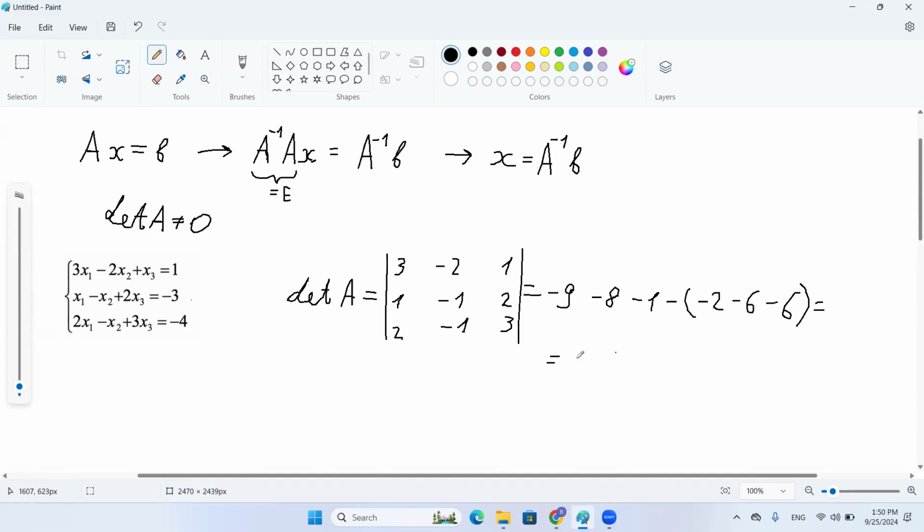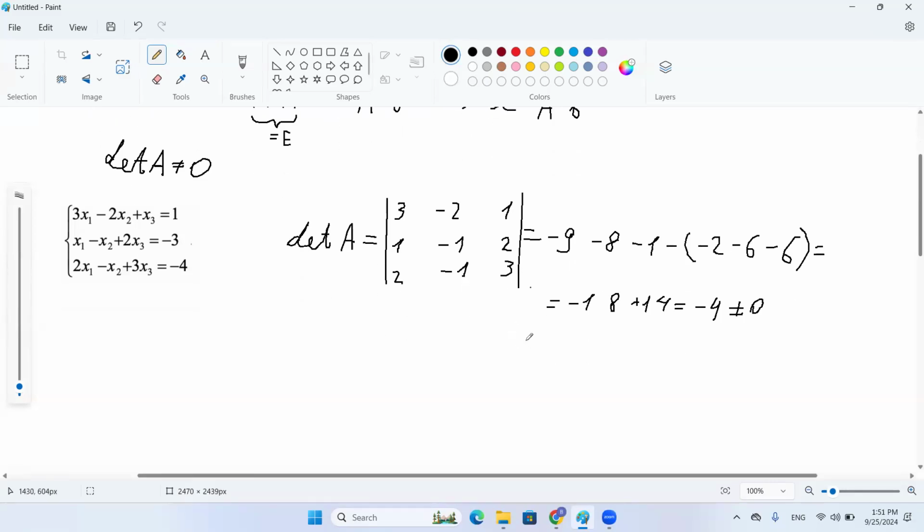It's minus 18. Minus 18 plus 14. It's minus 4. Yeah, minus 4. And it's not equal to 0. So we can use the matrix method for this system. Okay, and now let's